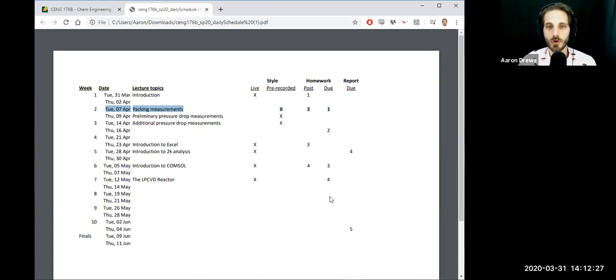There's 4 homeworks, and there's also going to be 2 reports. So report 4, and we say report 4 because it builds off of winter quarter. You already did 1, 2, and 3, and now you're doing report 4. That one's going to be written only, so there will be no oral presentation component to report 4. Report 5, there will be both a written portion and an oral report portion.